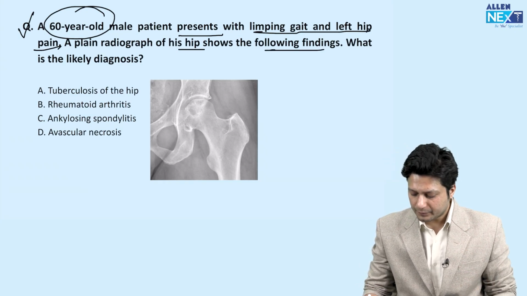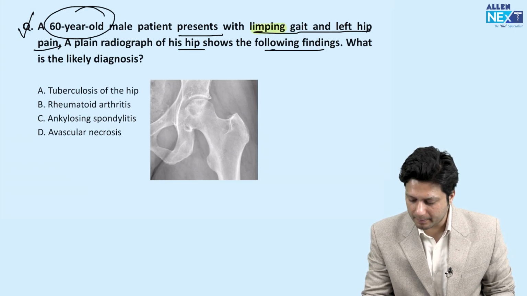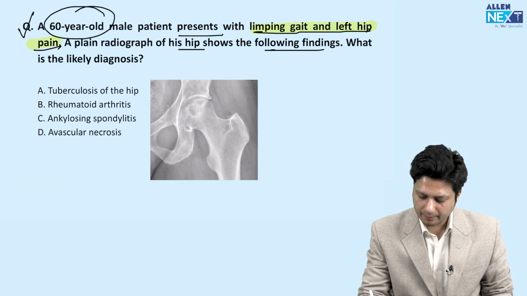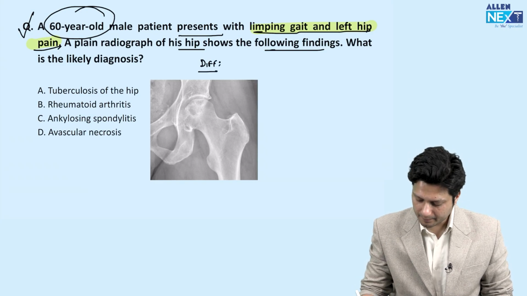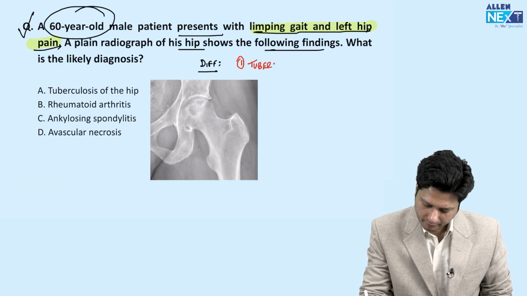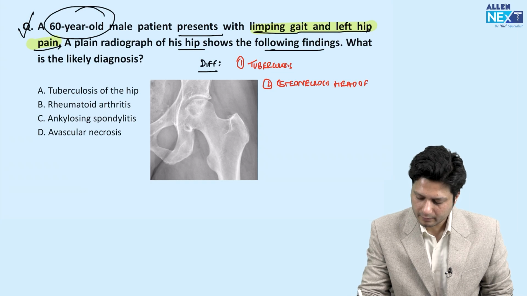So, first of all, in an adult, if you look at the differential diagnosis of limp and pain in the hip joint, what are the differentials? The differentials for this particular condition are: one, tuberculosis; second, osteonecrosis, that means osteonecrosis of the head of the femur; and the third one is